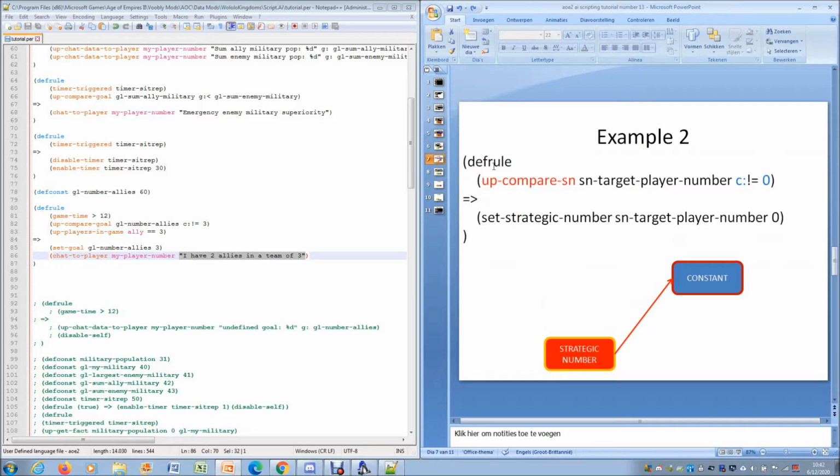Example number 2, comparing a strategic number to a constant. We use, because of the first operand, up-compare-sn, and because the second operand is a constant, we use c:, and then the 0. This will set the target player number. If the target player number is set to 0, then it will attack the winning player